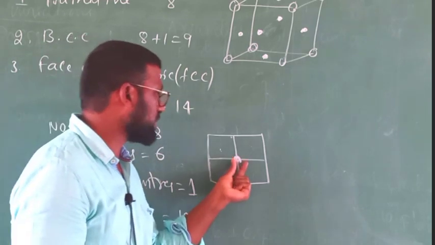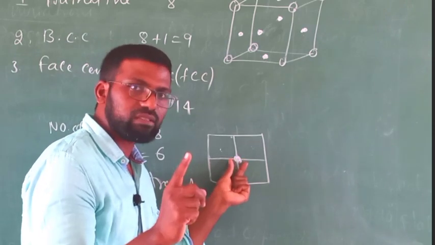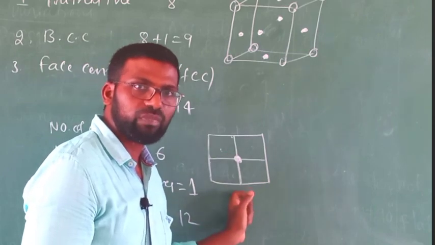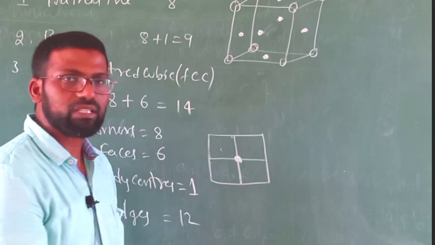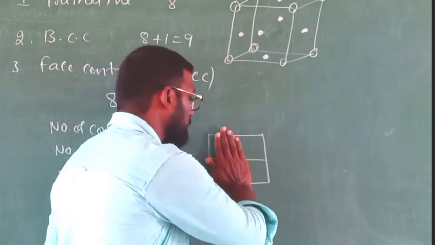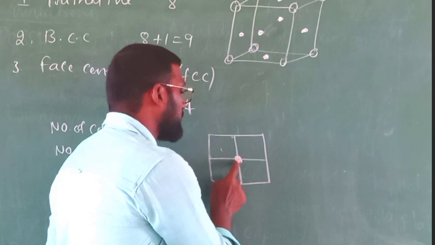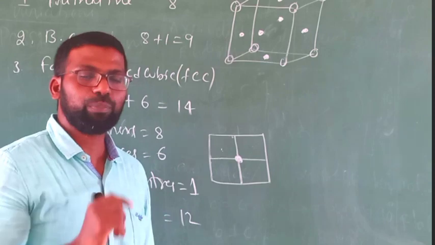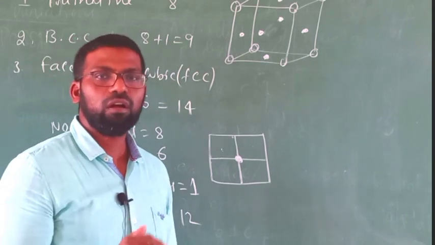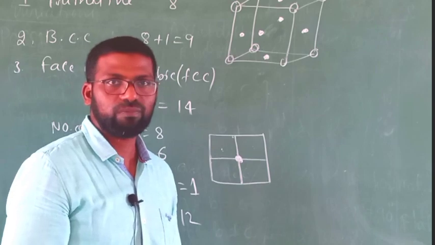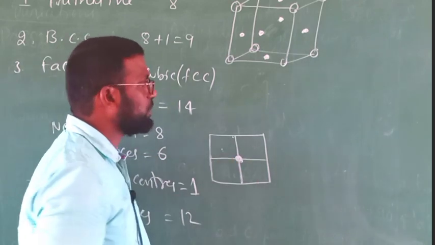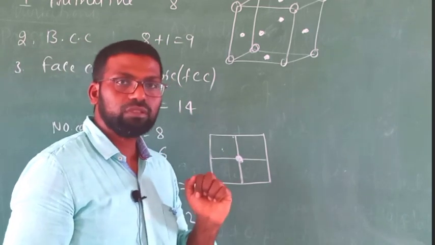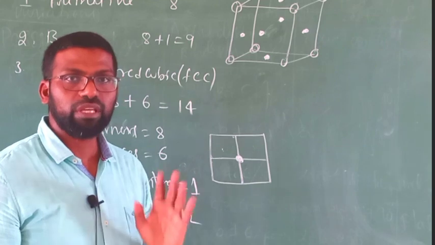Okay, that means in the first case when I took 4 unit cells, the particle was shared by only 4 unit cells. Now we are placing 4 more unit cells upon these 4. Then this particle which is at the corner will be shared by 4 more unit cells. Means totally the particle at the corner will be shared by 8 unit cells. That means one particle at the corner is shared by 8 unit cells.